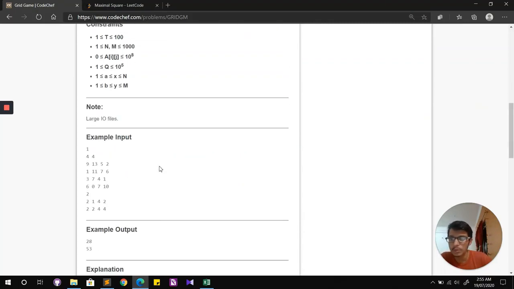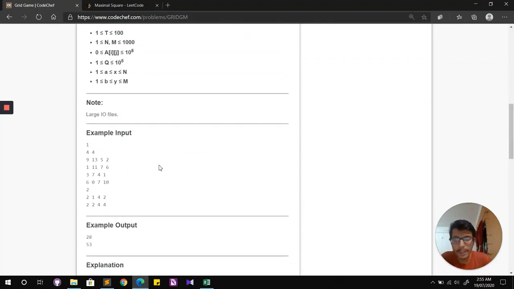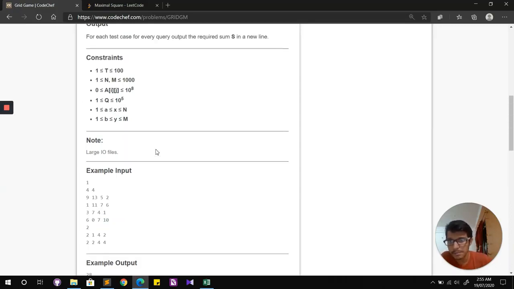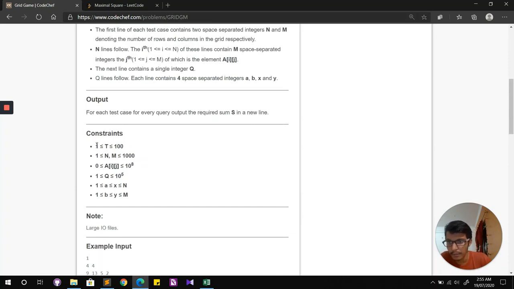Looks pretty simple, right? If you're familiar with coding, you can easily compute this sum using nested for loops. But what makes this question a little tough or special, we'll get to know when we see the constraints.